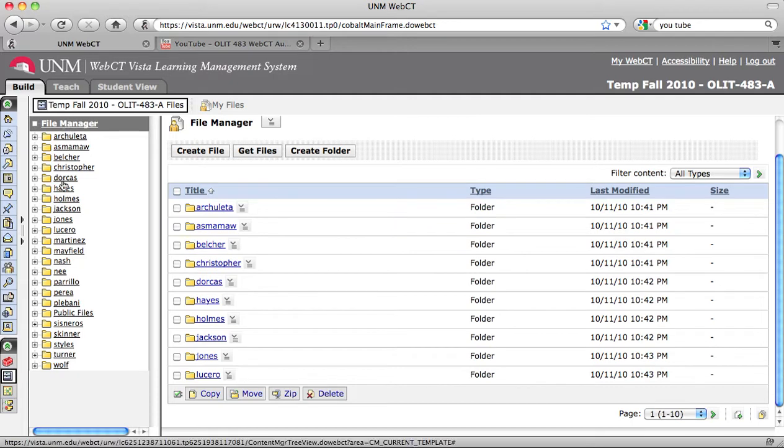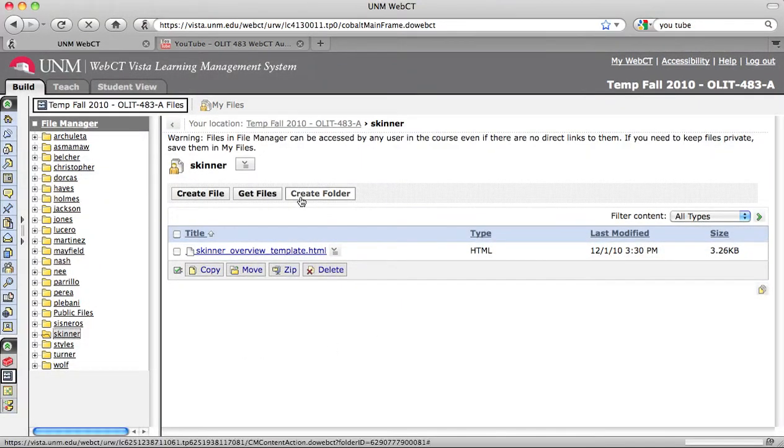Now I'm going to search down for Skinner. Note that you can choose page here and search for files this way, but you can also use this table of contents. I'm going to click on the Skinner folder, and it'll give me a series of files. Now in this folder I'm going to get a document that I'm later going to add to my online lesson. So I'm going to click Get Files,